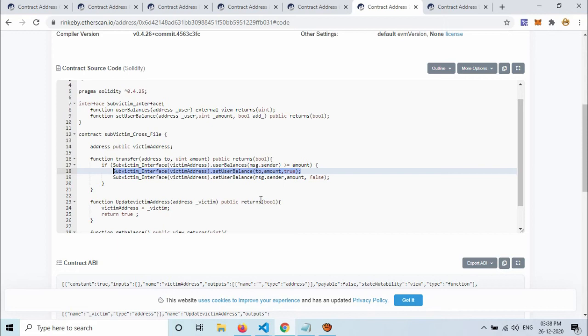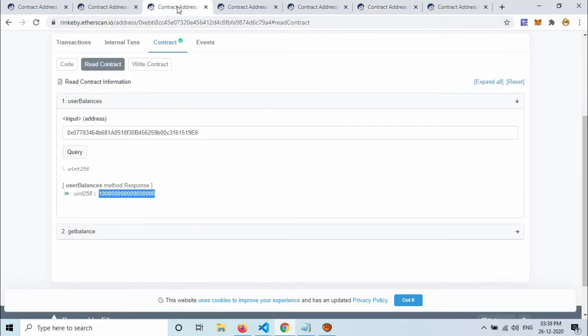It is very simple, as we have seen in the previous demonstration in cross function reentrancy. The same thing is going to happen here, only the difference is that another function, which is transfer, is written in another contract. Let me show you in cross function reentrancy.